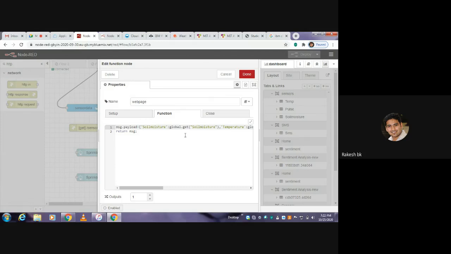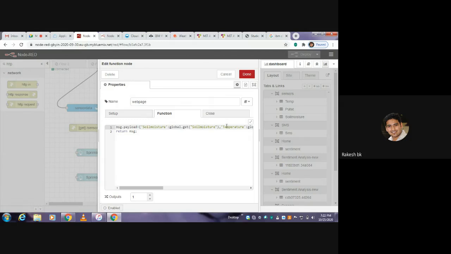I want to observe the data stored in the cloud in the form of a global get, because the HTTP request method was get. I will use this format to get the data stored in the cloud database, sensor data. So I write global.get soil moisture.